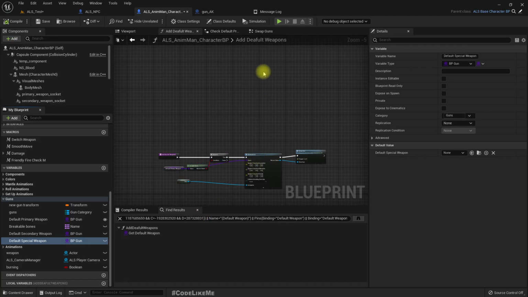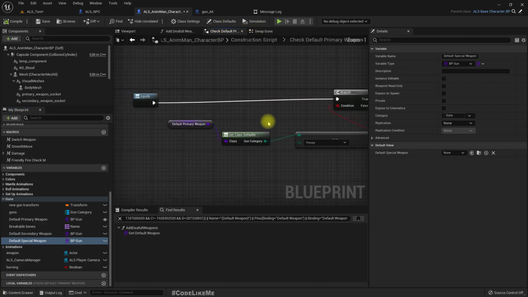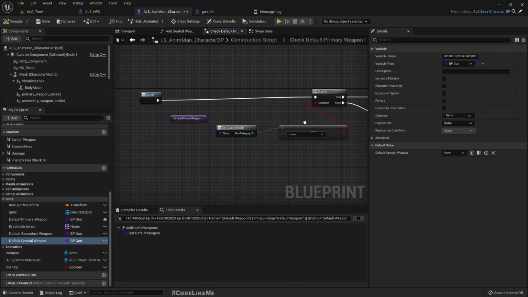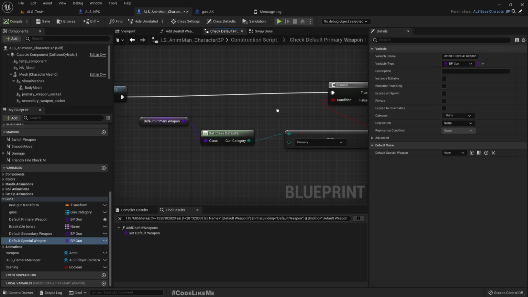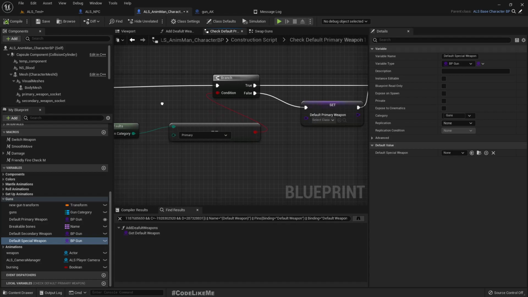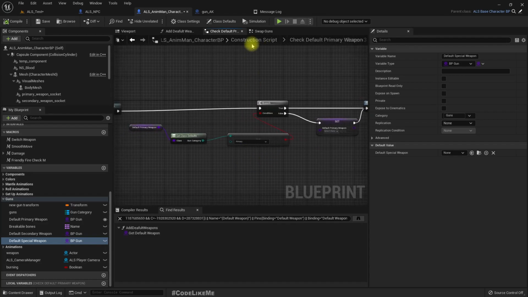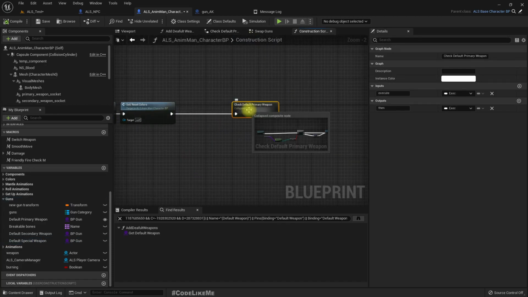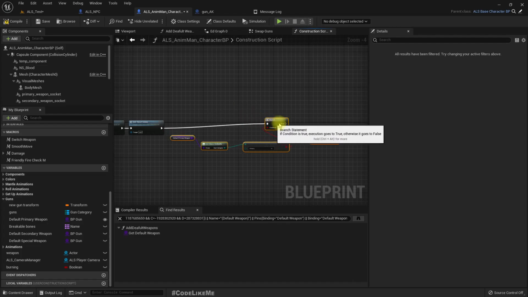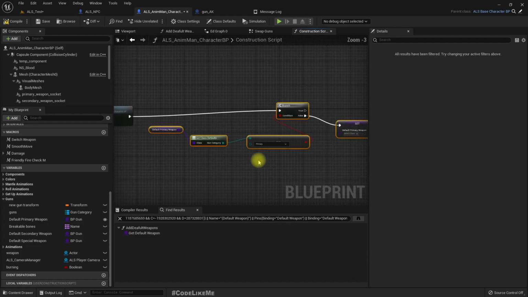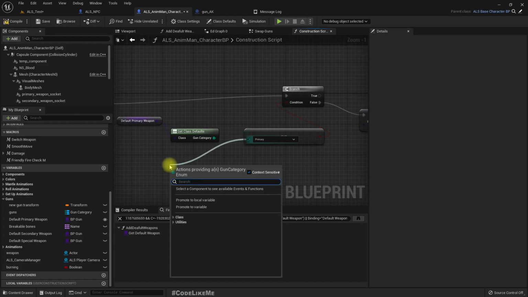Okay, now we have to do that same check we did for the primary weapon, so we can actually simplify this. So reuse this same part. If I convert this to a macro, let's expand this, keep the selection. No, don't keep the selection, drag canvas near